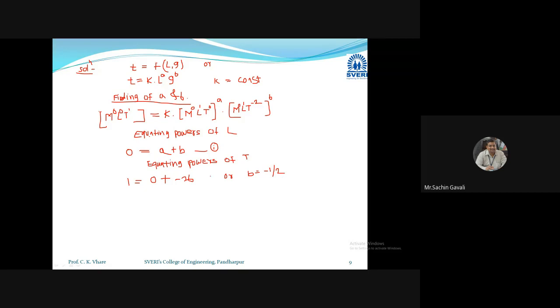Okay. Now we know B, but A plus B is equal to A minus 1 upon 2 is equal to 0. Therefore, A is also equal to, anybody? 1 upon 2. Am I right? Now we can write in our equation. So with this equation as equation number 1, you can use Roman 1. Now put the constants A and B in this equation. Therefore, substituting in 1.